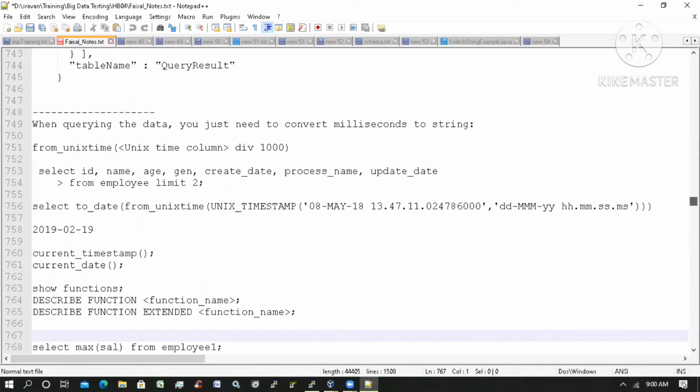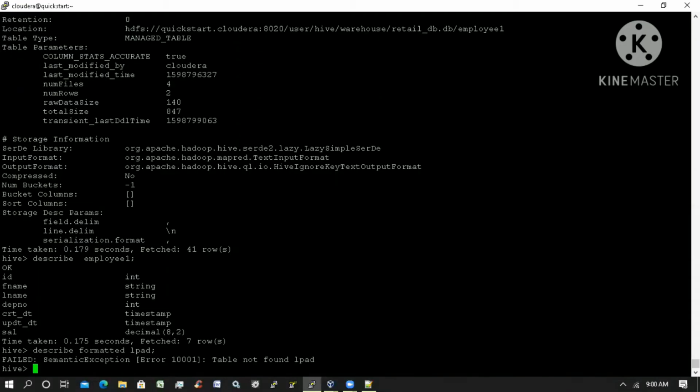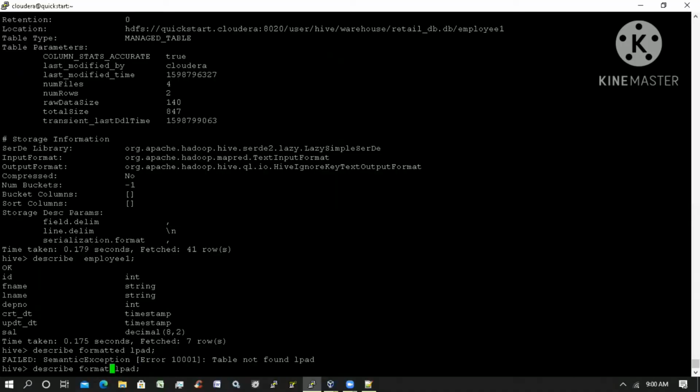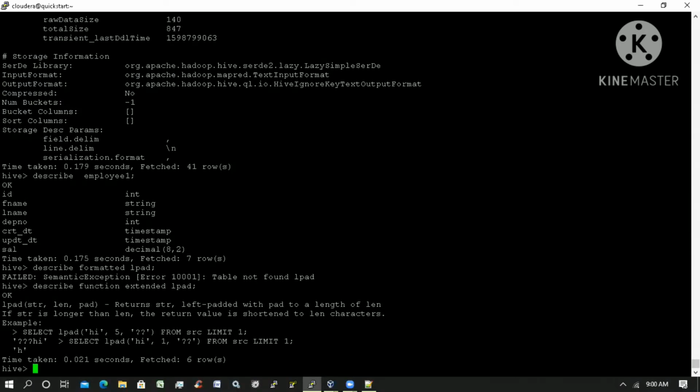It takes the string, the length, and the padding string. I'm concatenating with 0. This is my string.